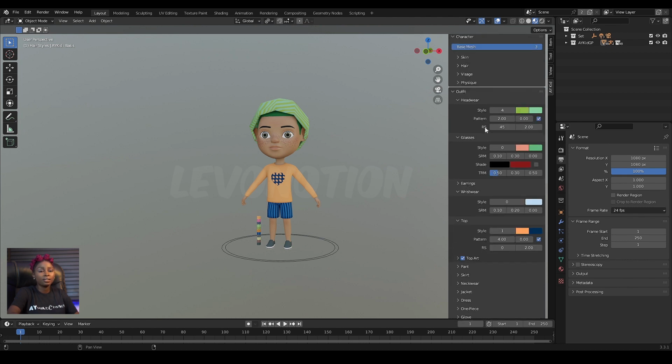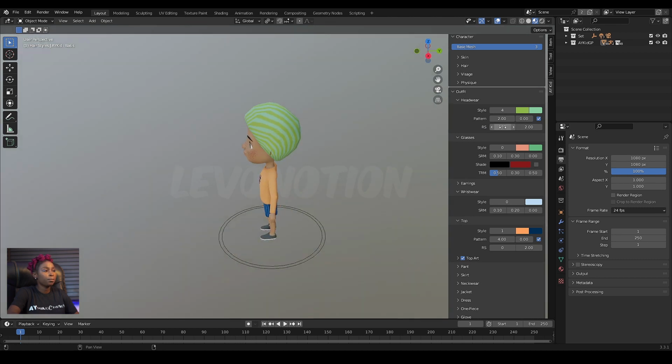The RS stands for rotation and scale. So you can rotate the pattern. Let me change the pattern here. We have about 20 patterns in total, so you can mix from one to the other. So from 8 to 9, from 9 to 10.